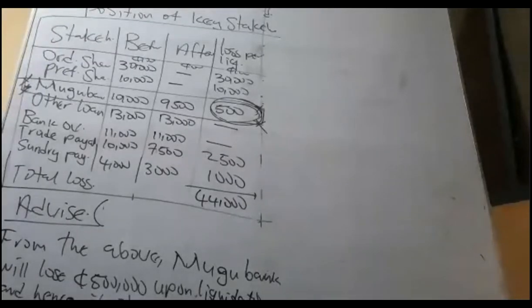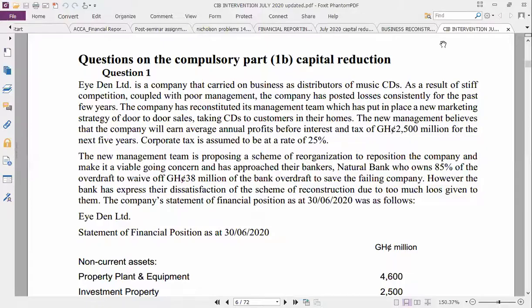Great. Part B of the question stated that I wanted to... this particular question that we solved is similar to this question, Iodine. He said that the company is struggling. The new management team is proposing a scheme of reorganization to reposition the company and make it a viable going concern. It has approached their bankers, Natural Bank, who owns 85% of the overdraft, to waive off 38 million of the